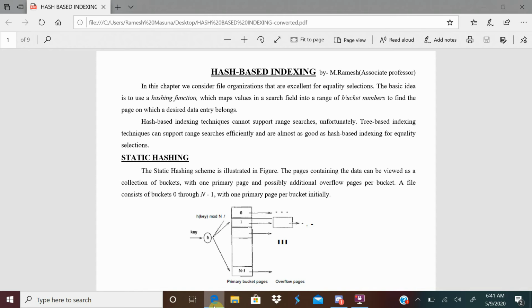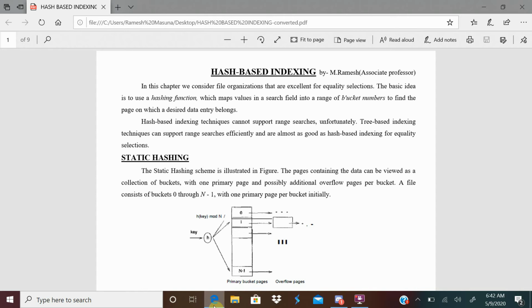In previous classes, we have seen tree-based indexing. In tree-based indexing, we discussed ISAM and B plus trees. ISAM is static and B plus tree is dynamic. Both ISAM and B plus tree use a tree data structure, which is very good for range searches. As I discussed yesterday also, range means suppose I want to find some records from one key value to another key value, say students of roll number 100 to 2000. In such cases, tree-based indexes are good.